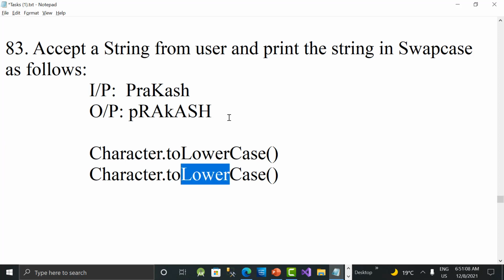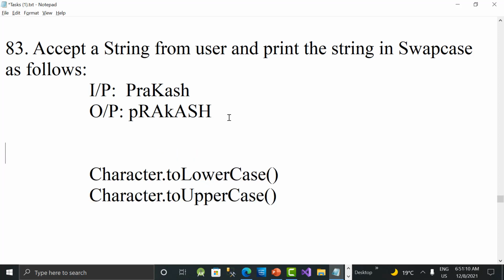And if you want to check whether a character is upper or lower, we have a method called isUpperCase. So isUpperCase will tell us whether the given character is uppercase or not. If it is true, then we need to convert it to lowercase. The same thing is applied in reverse as well. isLowerCase is also available, so we will check and use it. Okay, let's get started, guys.